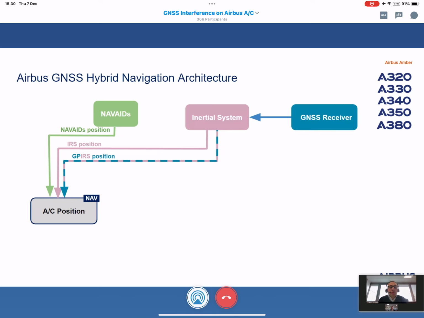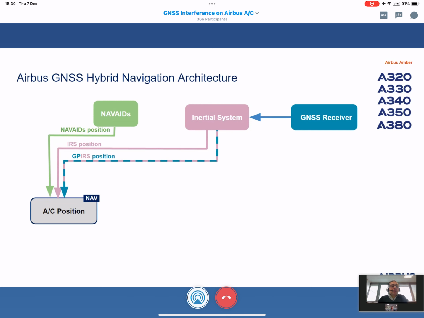One is GPIRS, and in case the GPIRS position is affected by GNSS spoofing, then the GPIRS position will be able to reject the GPS measurement and switch to coasting. And at no time will the pure IRS position be affected by the GNSS spoofing. So there's no possibility that there is a pollution of the GNSS spoofed to the pure inertial information.